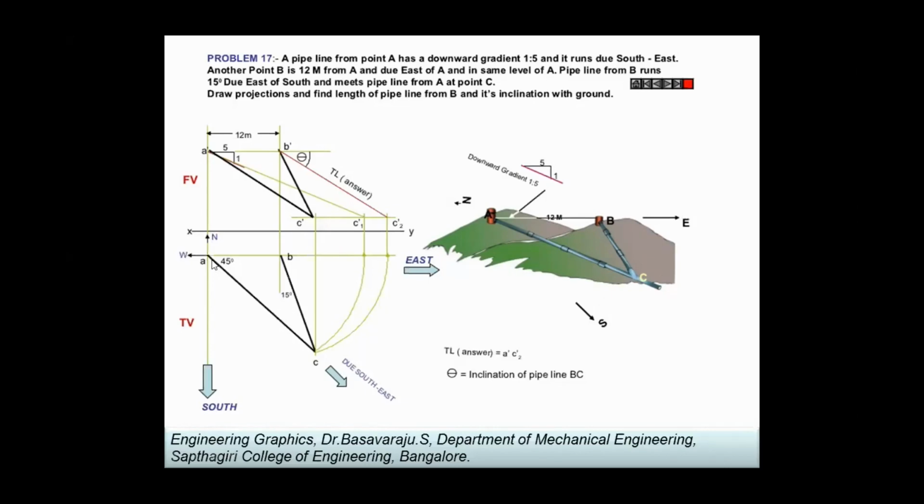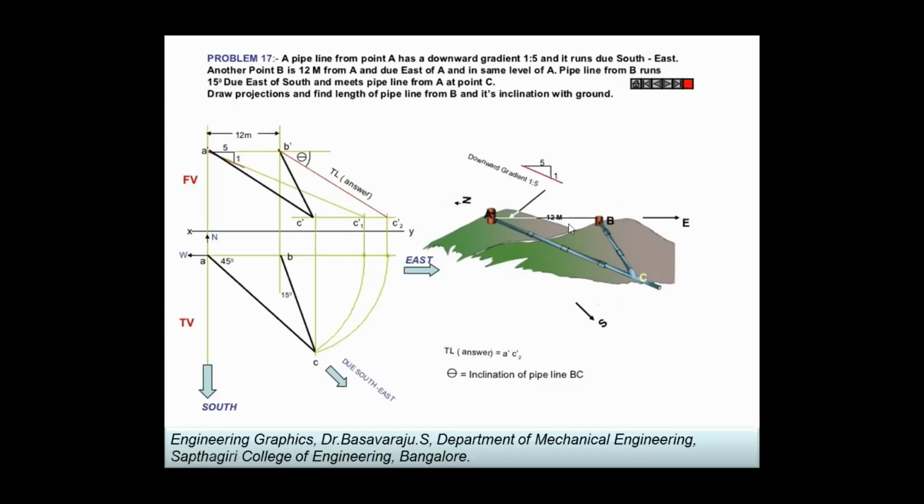With A as center and C as radius, draw an arc. With B as center and C as radius, draw an arc. You will get new points C1 and C2. From here, you are supposed to join the line to get the true length. True length, that is B dash C2 dash, is the answer. A dash C1 dash is the answer. That is the true length, which is inclined when seen as a